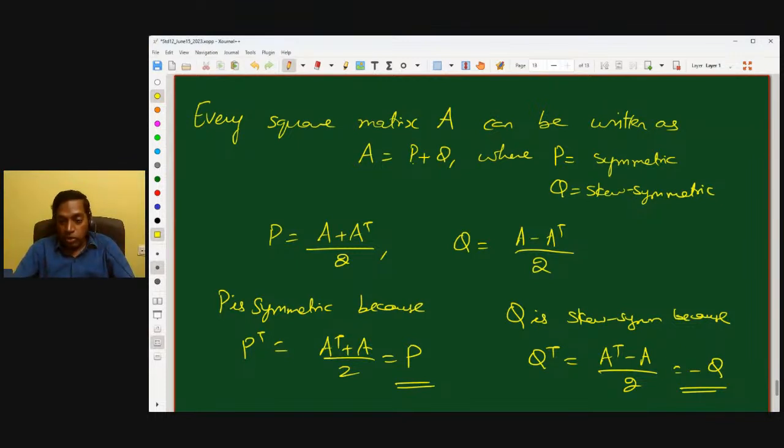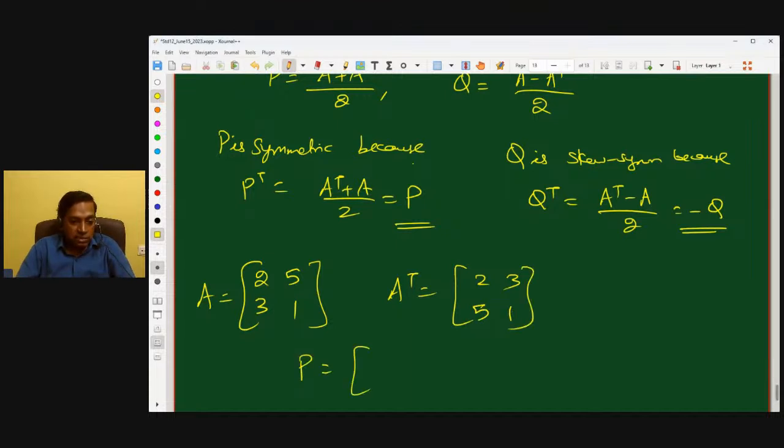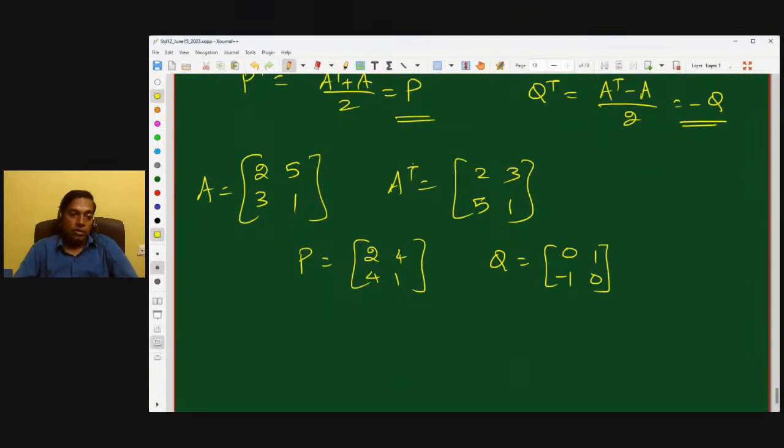Any square matrix. So if you write, for example, 2, 5, 3, 1, let's say this is A. A transpose is 2, 3, 5, 1. P is 2, 4, 4, 1. And Q is A minus A transpose, sorry, I have to divide by 2. I did the divide by 2. So P is 2, 4, 4, 1, and Q is 0, 1, minus 1, 0. And A is P plus Q. Pretty cool